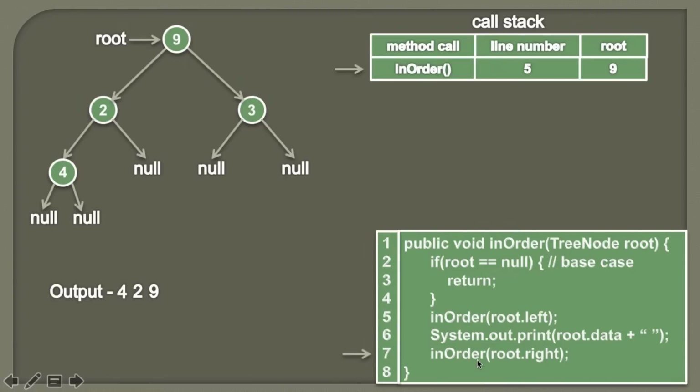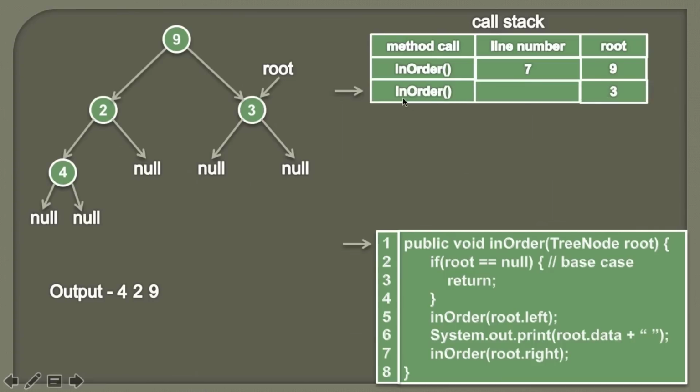So therefore we are again calling inOrder method, and we are passing the value root's right to it. So here you can see root's right is the node 3, and as we are calling this new method, we are updating the line number. So point of execution reaches to the inOrder method with a root as 3. So now root is pointing to 3, and we also know that as this is a new method on the stack, there will be one entry on the call stack. So here now this inOrder method will start executing with a root as 3.